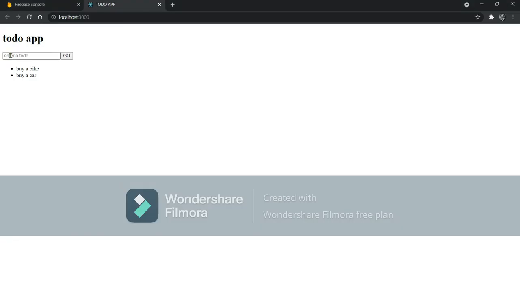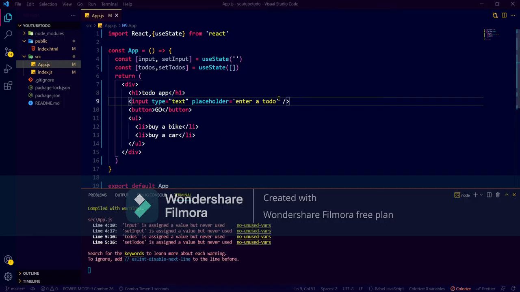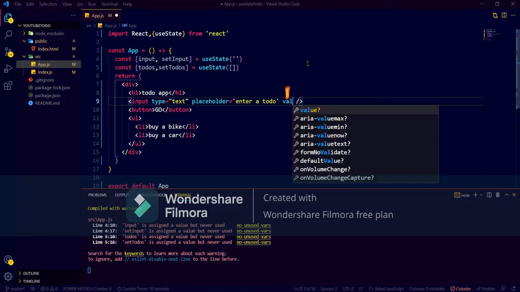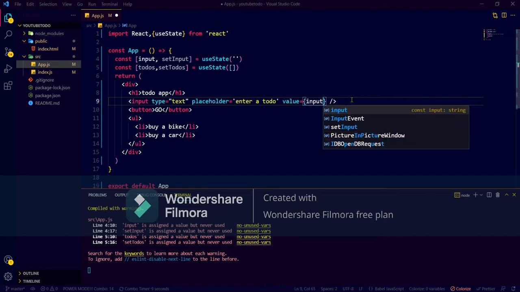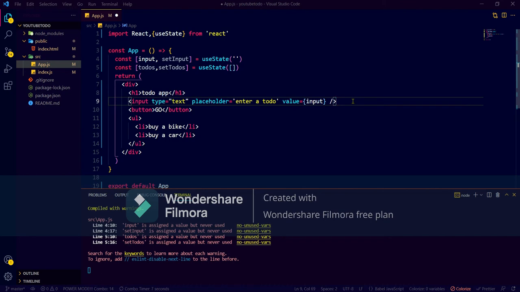See here it has appeared, "enter a to do", and we will enter the to do's here. The next thing we will enter here is value. We need a value, and in the value, what will go? In the value this input will go. You are saying this input, I will write here input, because we want the value of that to be input, and we will write here a function, an onChange.